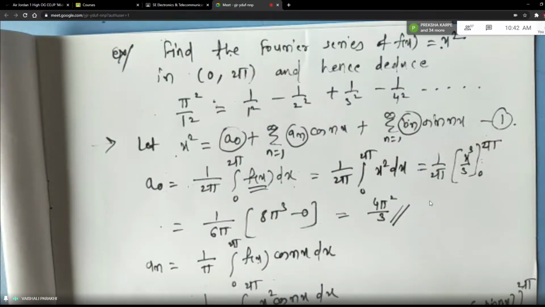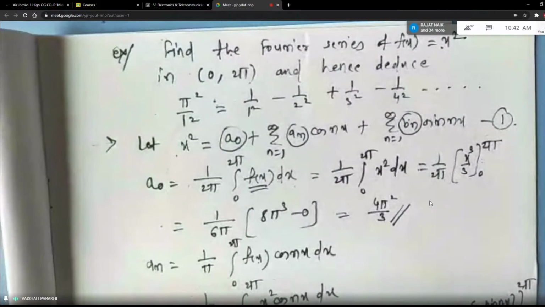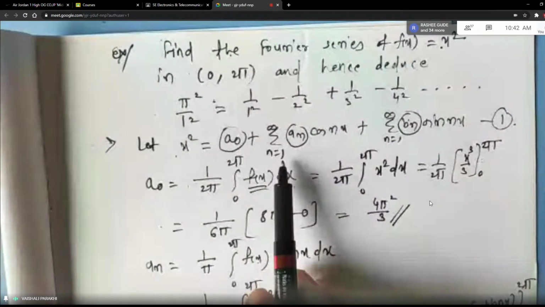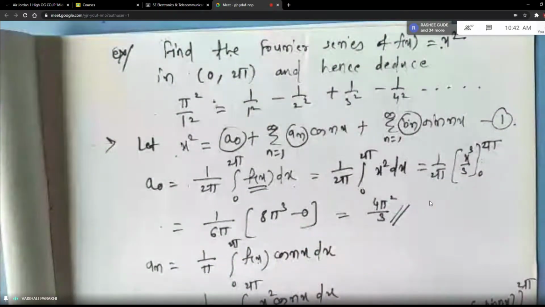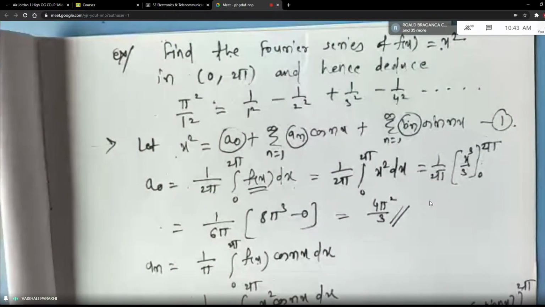Series is always in the form of summation, students, right? It is an infinite series because there will be an infinite number of terms in the series. So n is always from 1 to infinity in both the summation signs. Sometimes the limits of the series may not be mentioned, so always assume that the minimum value of n is 1 and the maximum value of n is infinity.